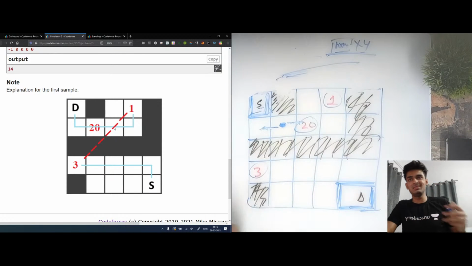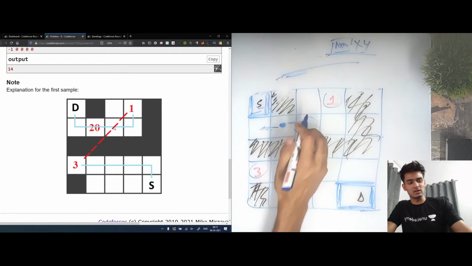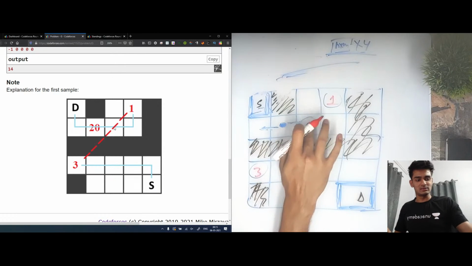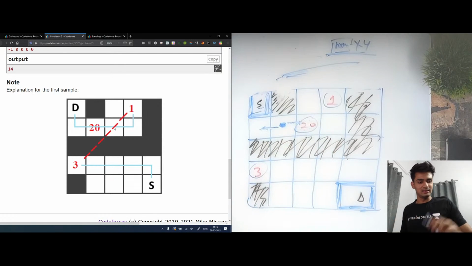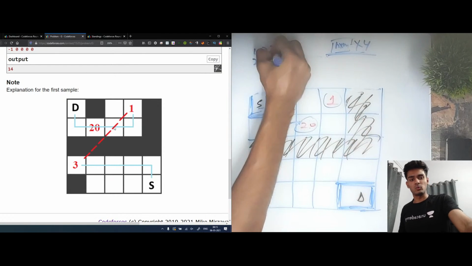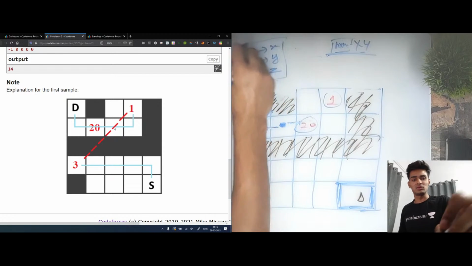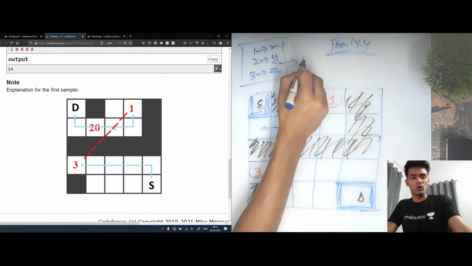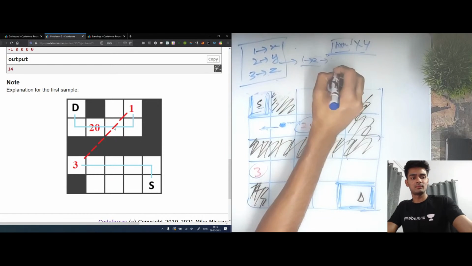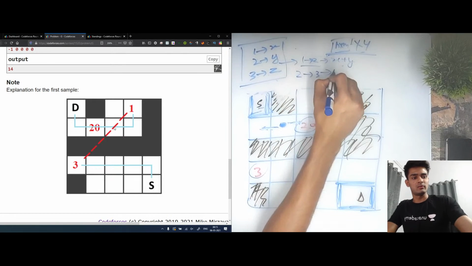Okay, let's see the maximum number of tunnels that a person will use. Let's say this was 20 only. So let's say we had any 3 tunnels. The first tunnel had a cost of x, the second tunnel had a cost of y, and the third tunnel had a cost of z. And let's say we can move across all the 3 tunnels. So moving from tunnel 1 to 2 will cost us x plus y. Moving from tunnel 2 to 3 will cost us y plus z.